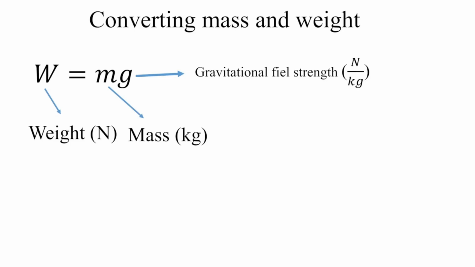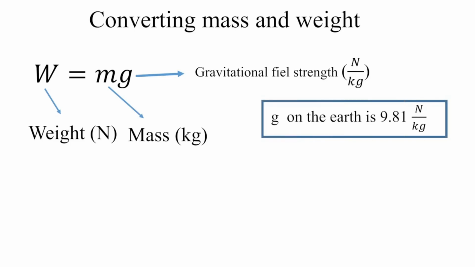And as you definitely know, the value of g on the earth is equal to 9.81 Newton per kilogram. If the question says you can assume that the value of g on the earth is equal to 10 Newton per kilogram. But this is not the only formula that you need to apply or you need to use, because